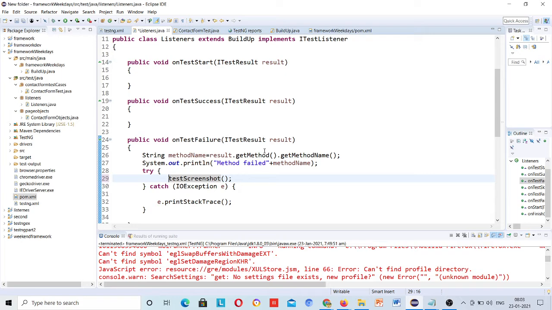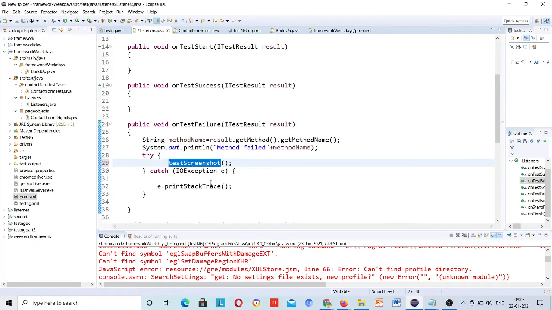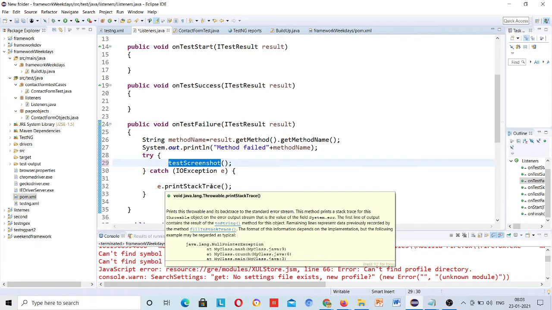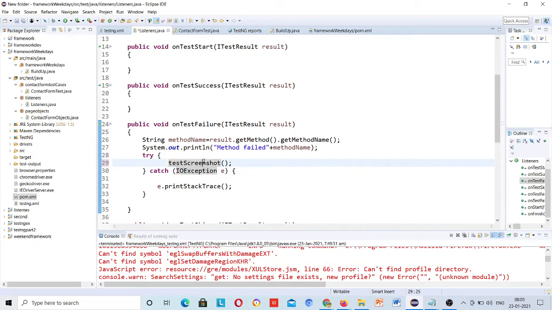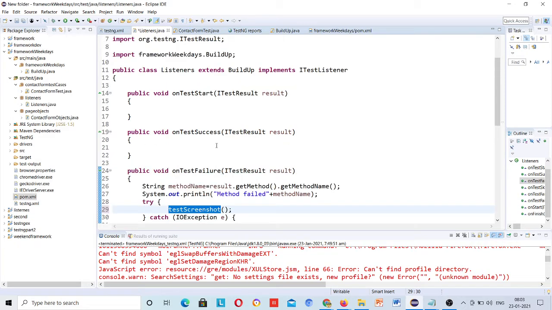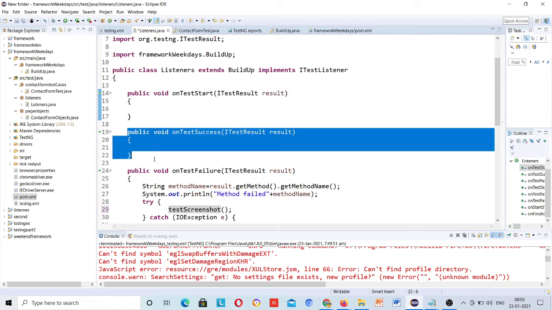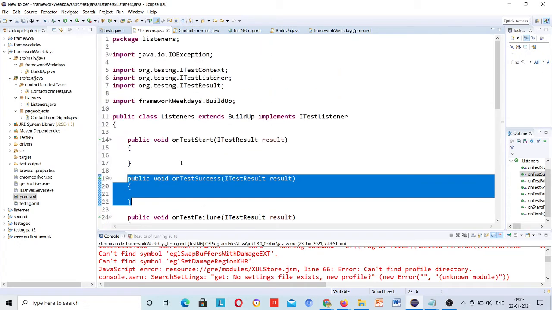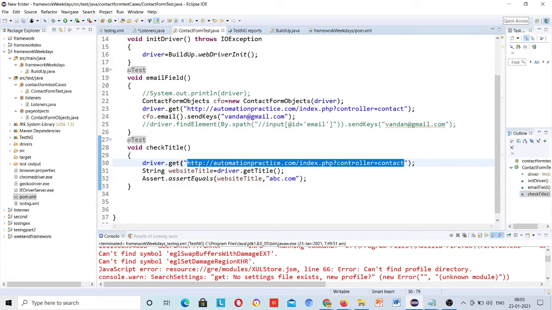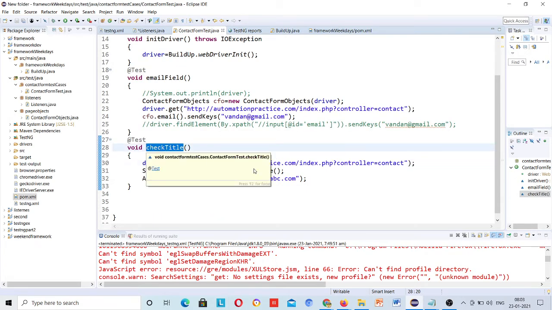Now see, this listener is not able to hear about this particular driver, right? Because no driver information is present here. Where is the driver, how will it relate? Suppose there are two test cases and this one fails.